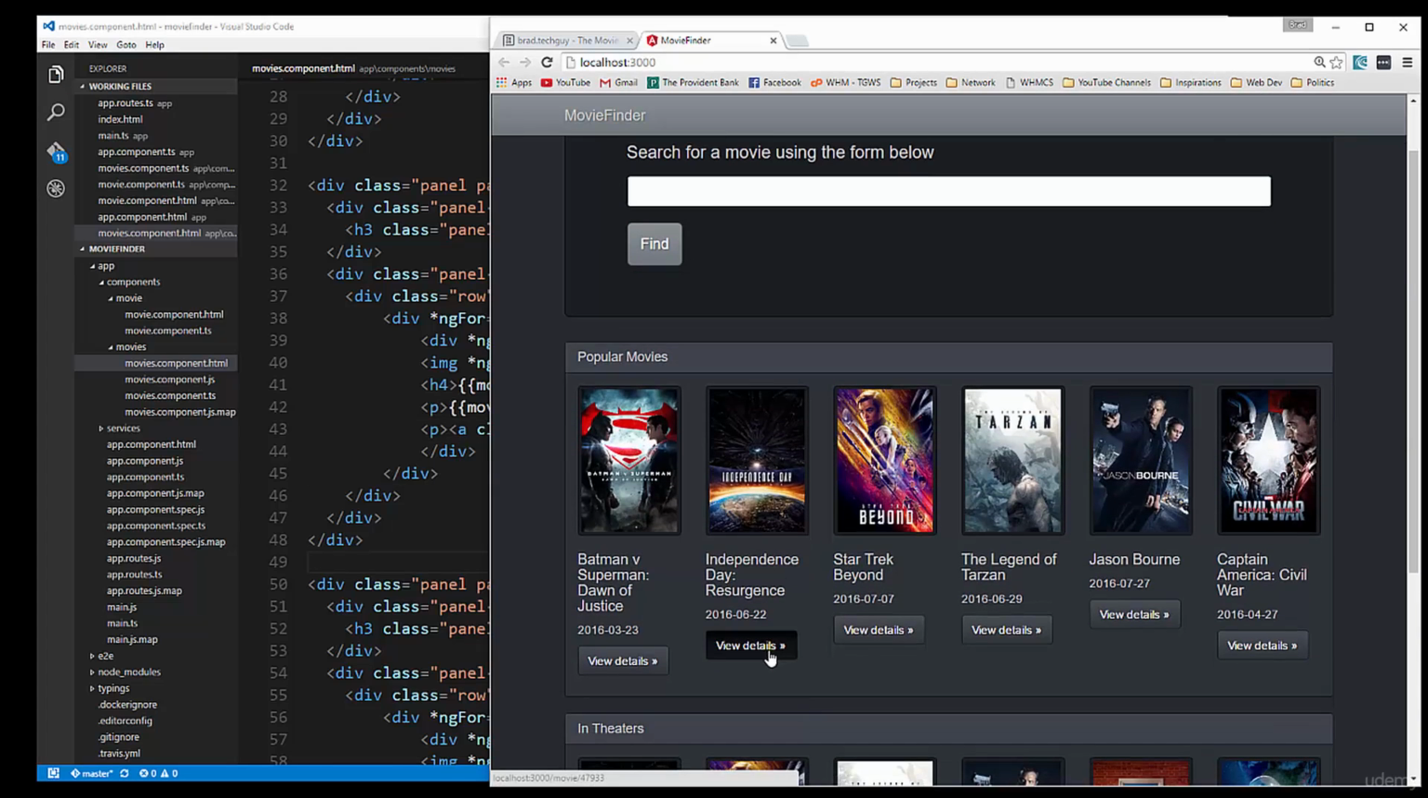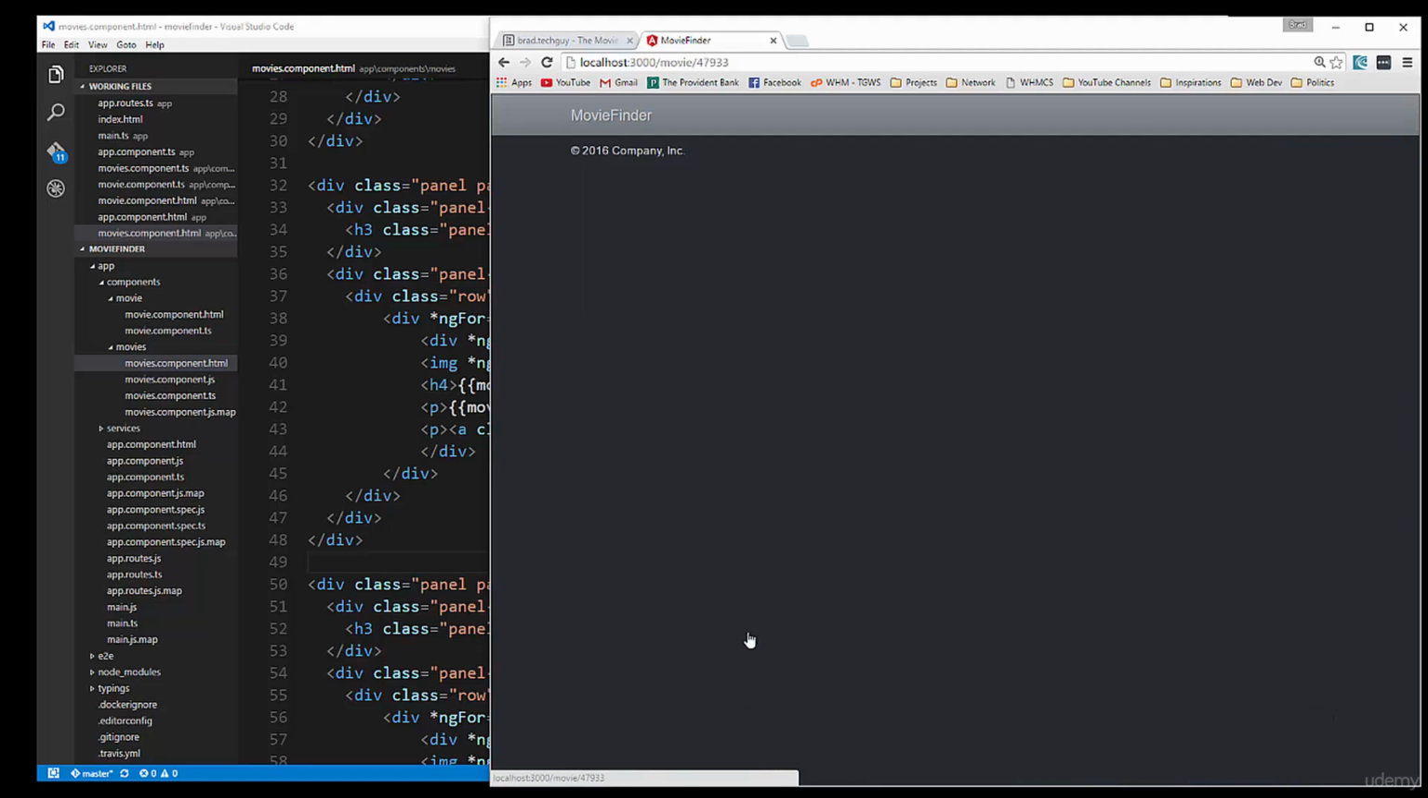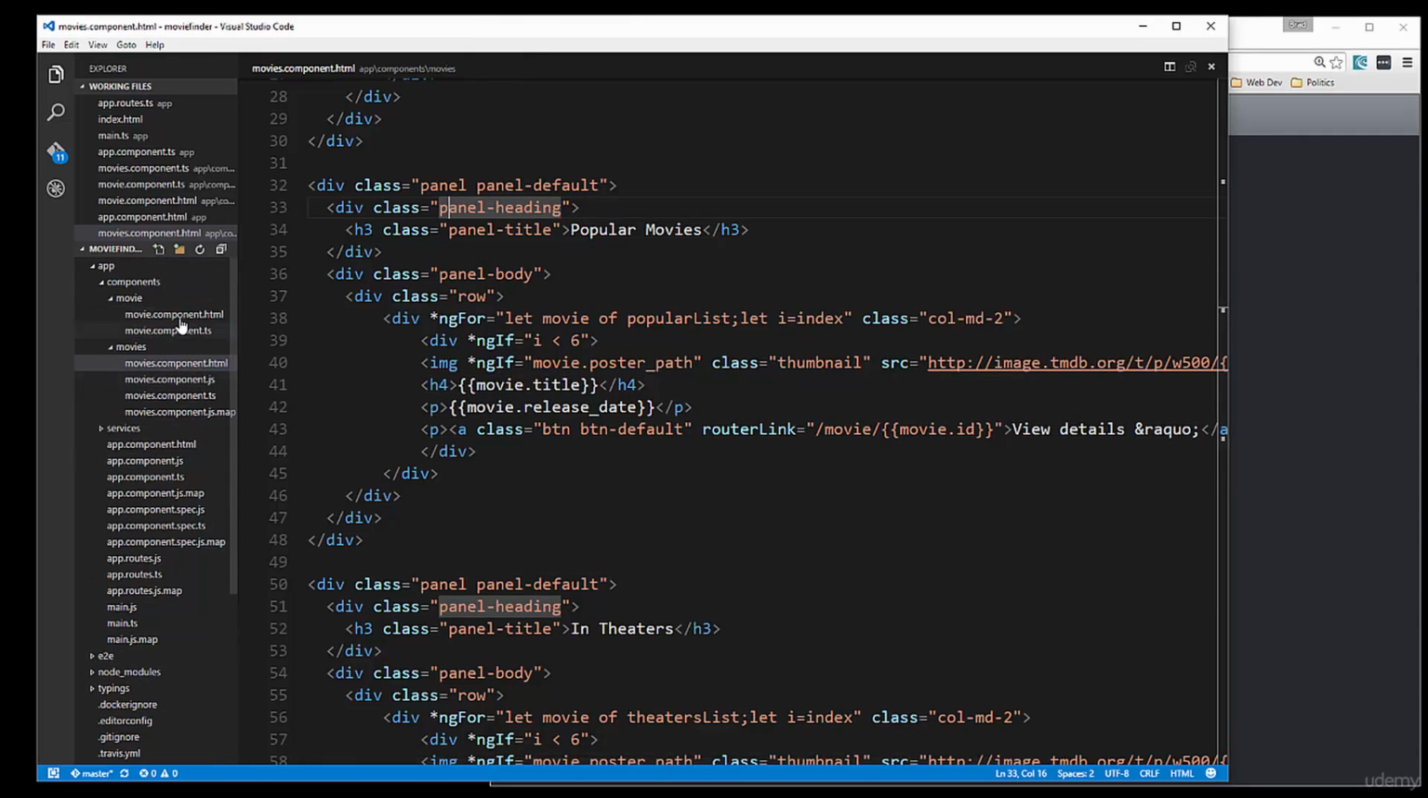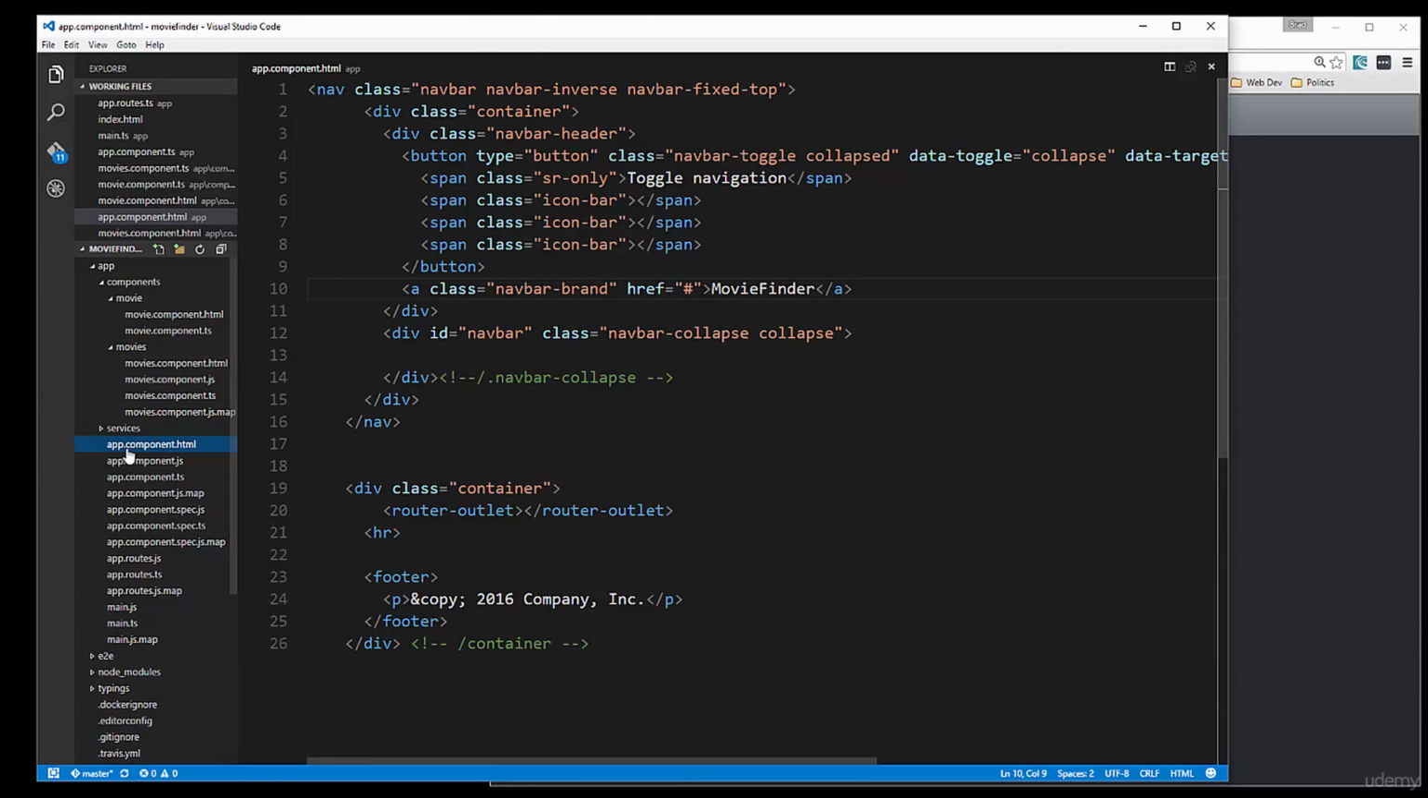Alright, so now when I hover over it, if you look down here in the corner, you can see it goes to movie and then the ID. If I click it, it goes to the correct place. Now I believe that it's showing the content, but it's behind the nav bar. Usually I remove a class to fix that, but let's go to app component HTML, and it's this right here, this navbar fixed-top. If we get rid of that and save it,